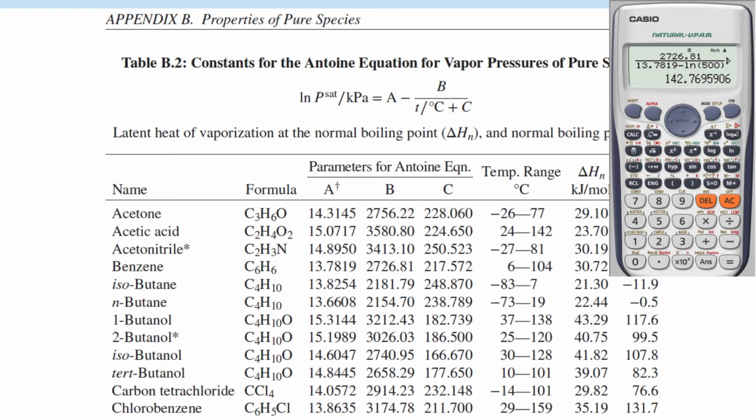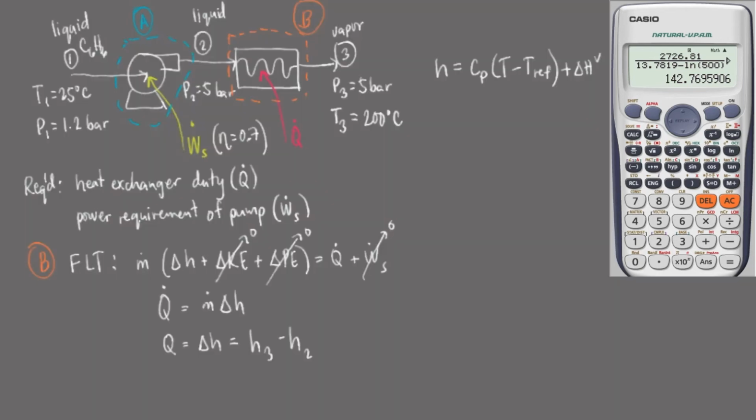Now, you might have noticed that this saturation temperature is outside of the normal temperature range for benzene. That is okay because again, we are simply approximating the saturation temperature of benzene. Going back to the board, if our saturation temperature is equal to 142.8 degrees Celsius, we can now write our expression for H3 and H2. Remember that H2 pertains to the enthalpy of liquid benzene, while H3 pertains to the enthalpy of vapor or gaseous